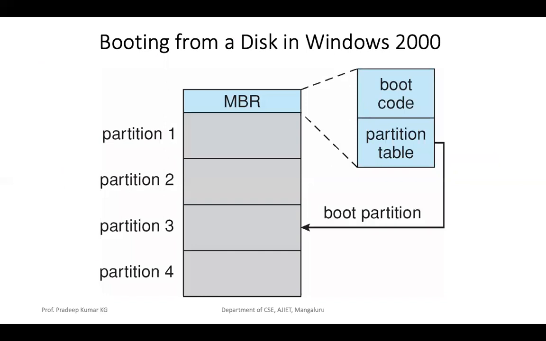Here this particular image describes how that partition is managed. If you follow my cursor on the screen, partition 1, partition 2, partition 3, and partition 4. These are the 4 partitions already available in my hard disk. The MBR will have a small amount of metadata about the data, which comprises boot code and the partition table.